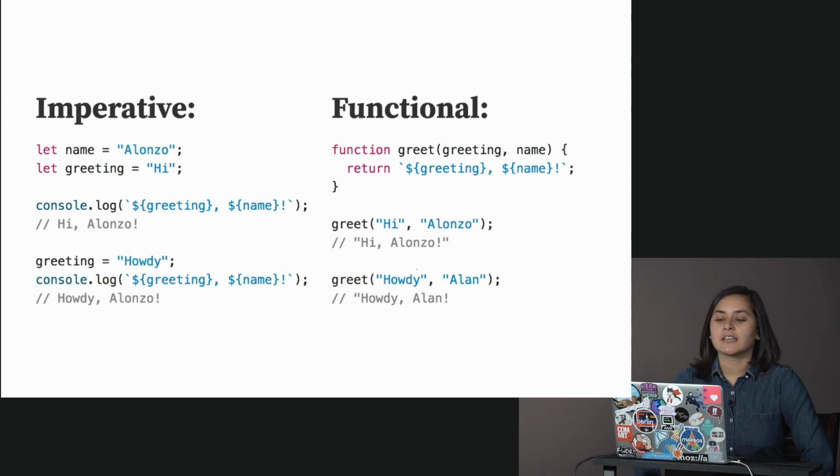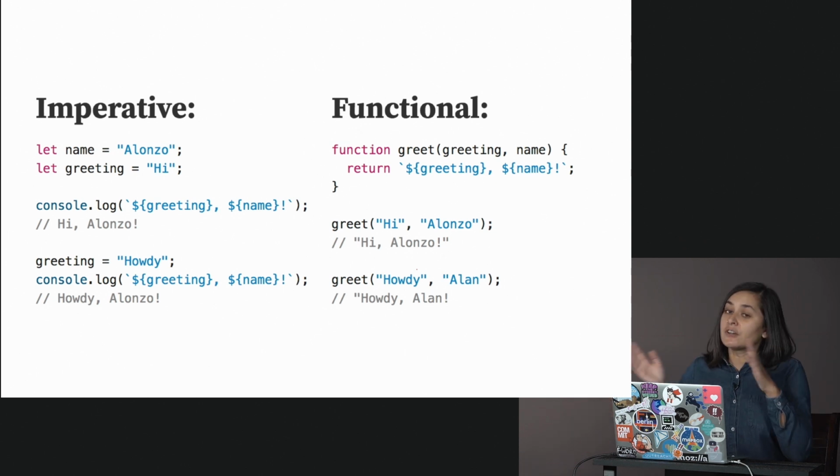So let's take a look at a couple of versions of a program. On the imperative side, we have a series of commands. Store this string in this variable. Log this to the console. Update this variable with this other string. Log that thing to the console. Imperative commands. What are the inputs? What are the outputs? I know we're not really asking ourselves those questions in the imperative style. But in the functional style,